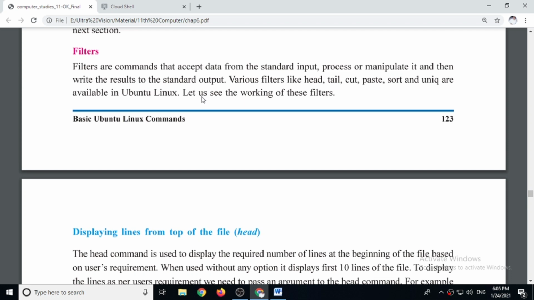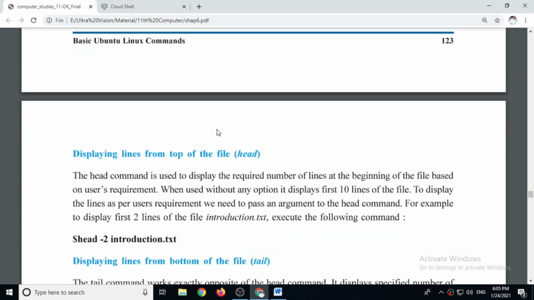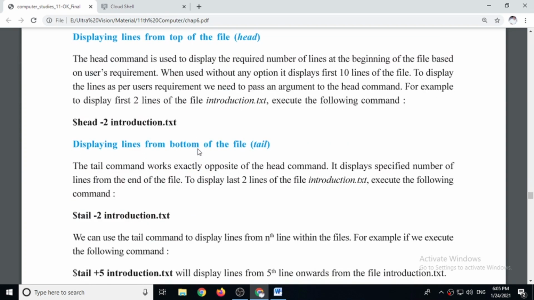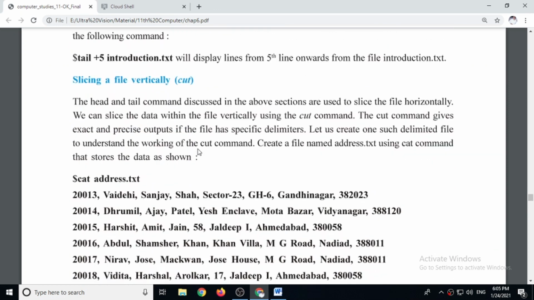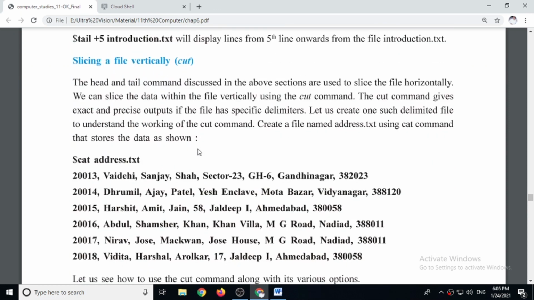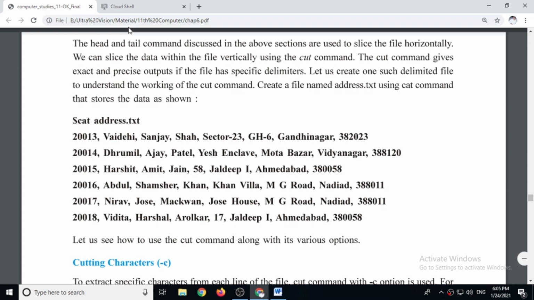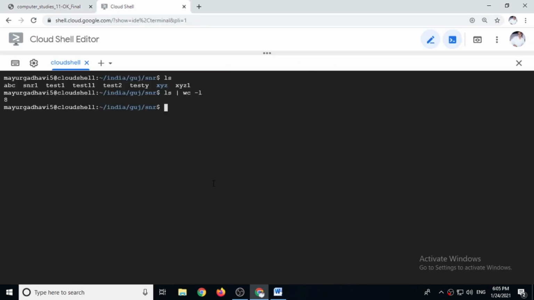So for that we have to create a file, and then we can acquire results from the file. So let's see the file. First of all, remember you have to create such a type of file. Here the name of the file is address.txt. This file we have already created, in our home directory.